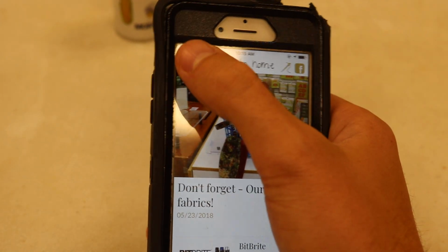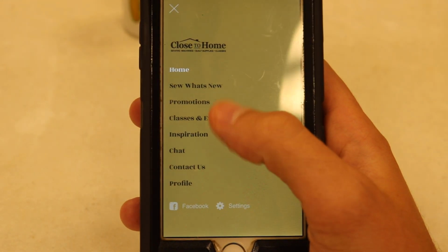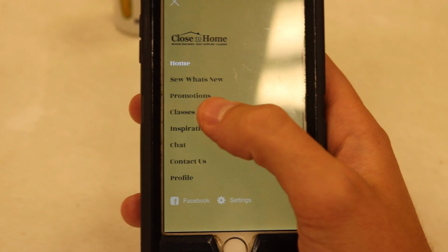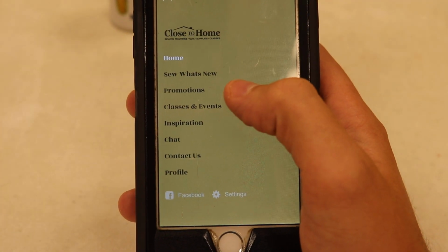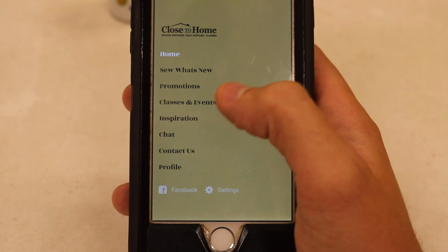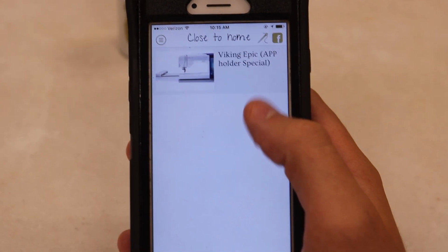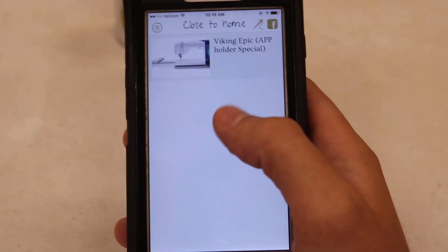But to be even easier, you can click this little hamburger looking thing in the top left corner and it brings up this page that will take you directly to whatever category you want, whether it's classes, promotions, see what's new, any of it. So you click the promotions and you see our deals, a Viking deal or whatever new